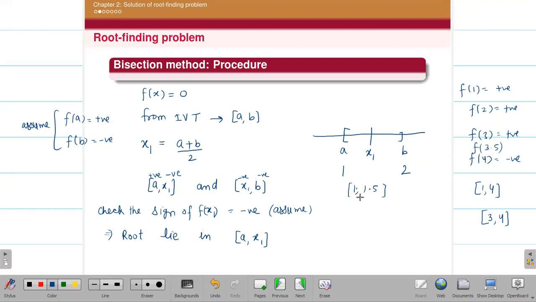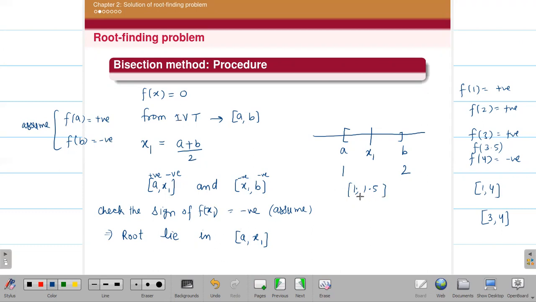This will be the interval. So it will be easy. Initially you have 1, 2, it can be any random value that is a root of this equation. Vidushi, actually this is the general case, so I am assuming the positive and negative sign. But if we do the particular example, then we will be able to find whether this is positive or this is negative, that I have assumed. Suppose it is positive and it is negative. So there is nothing to worry about.